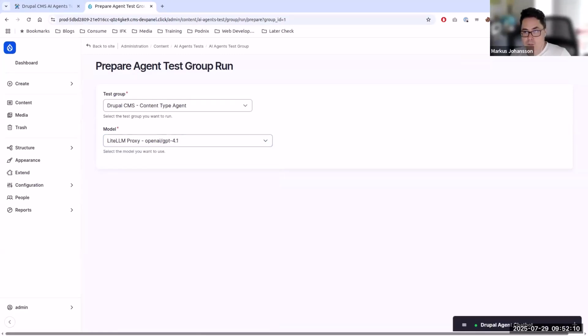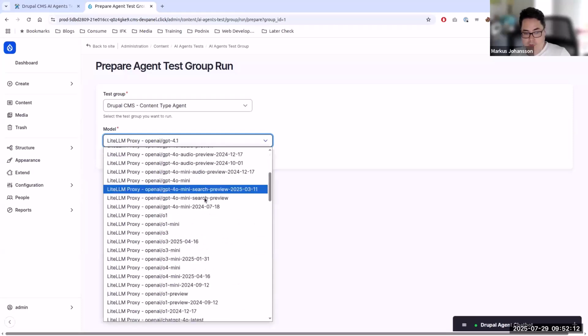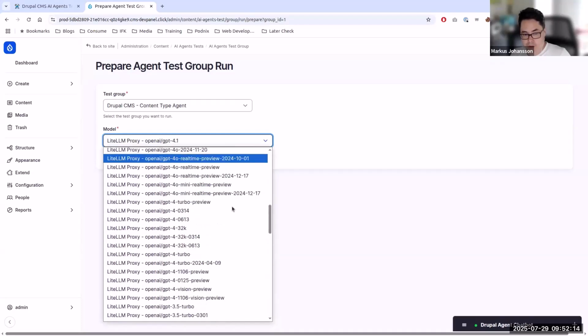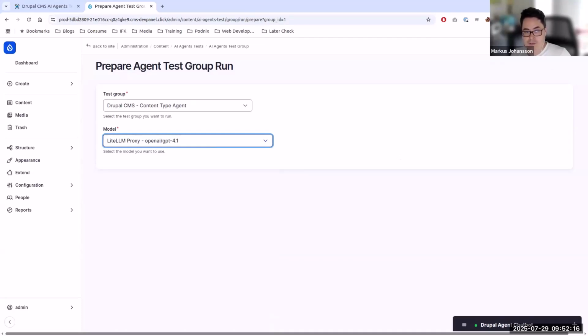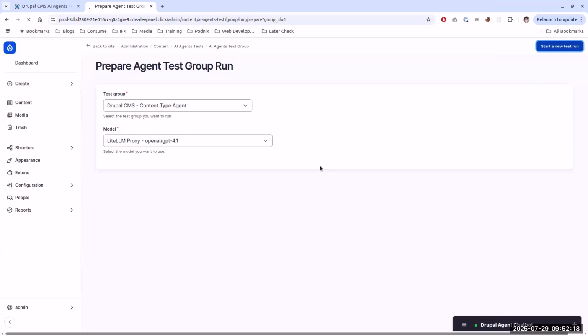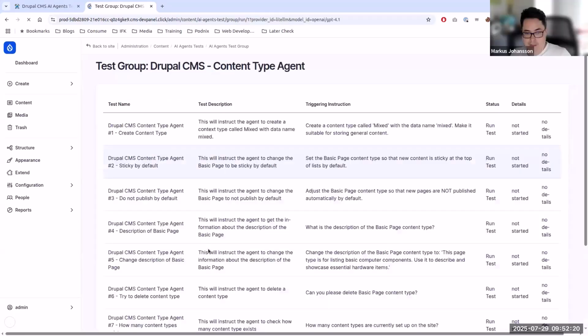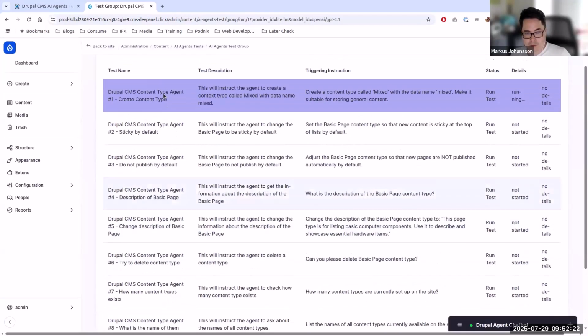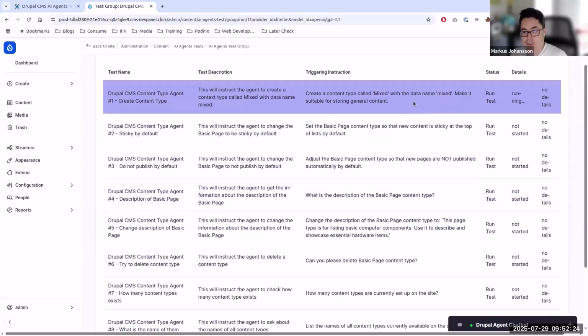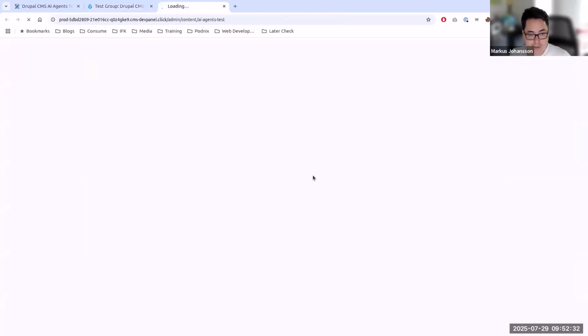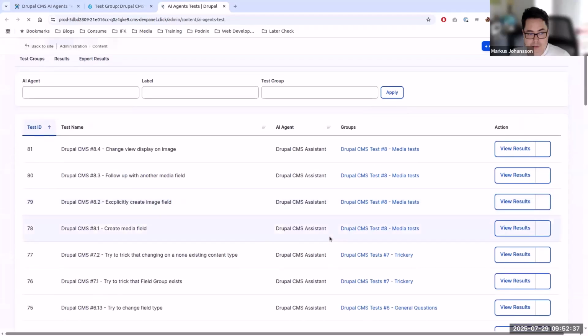We need 4.1 here maybe. So the idea is also you can choose exactly which model to use, to try different models and see if one model works better than another. And when we start that, you will see all the tests are going to run, and it's going to run them sequentially. While this is running, I'm going to show you one test because it's actually quite